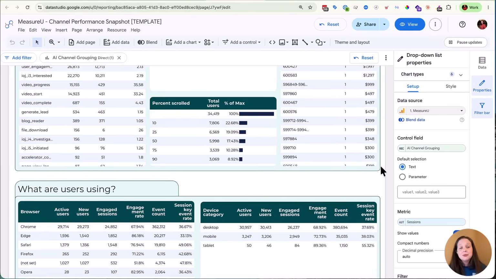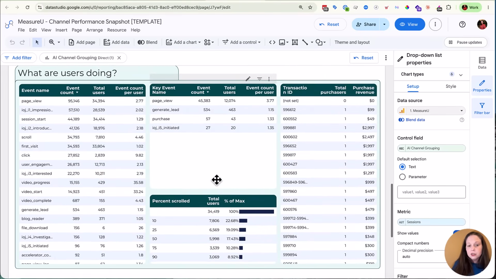You might actually have a bit of a difference, possibly, with your traffic from one device to the other. And that could definitely be some eye-opening things where if you're like, ooh, we actually do have a lot more mobile traffic from AI traffic. That was a little bit trippy to say. So that means you might want to prioritize optimizing your mobile or doing something else, making sure it works correctly, or making sure you're checking those heat maps a little bit more often. There's lots of different things you could do. And so I'm going to kind of scroll back up.